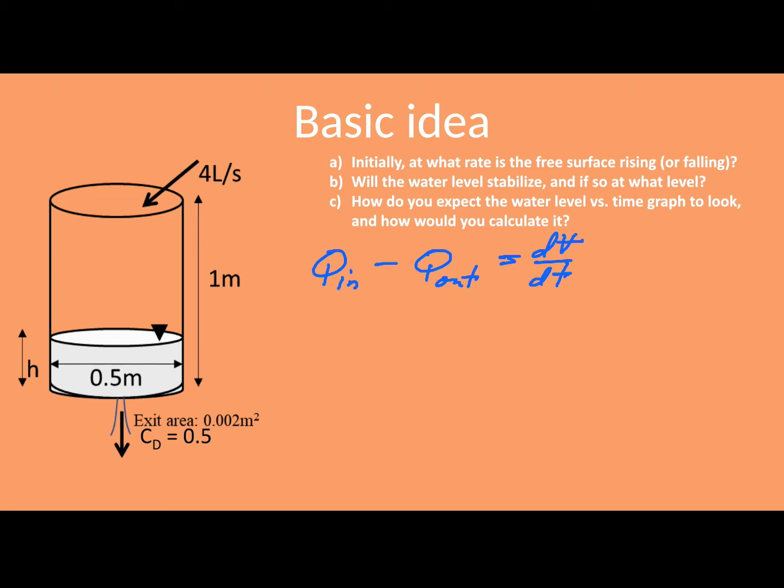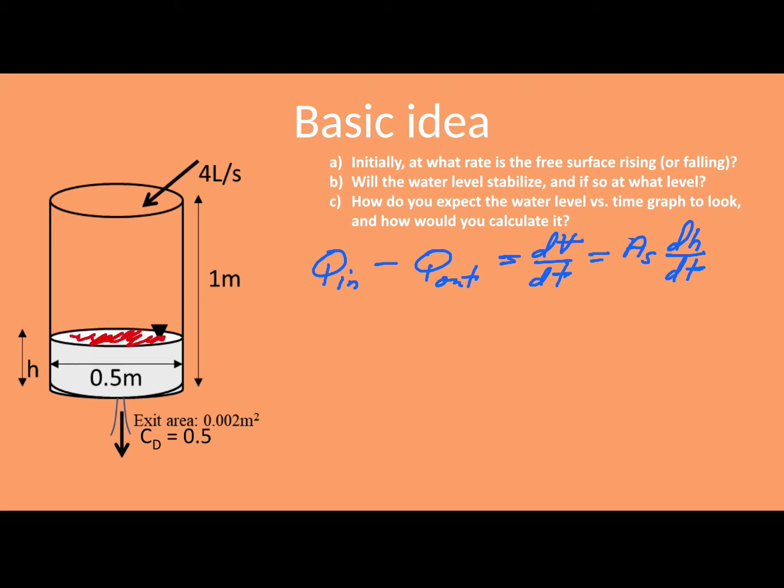And one thing that we can do for a control volume that has a free surface like the one that we have here, we can rewrite that delta V over delta T using the surface area of the reservoir, which I'll call A sub S, and that's just pi times 0.5 meters squared over 4, times some delta H. So basically we can rewrite this over here as A_S times dH/dt, where dH/dt is the rate of change of the surface, and that A_S is the surface area here,